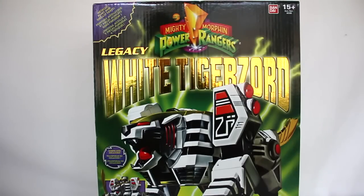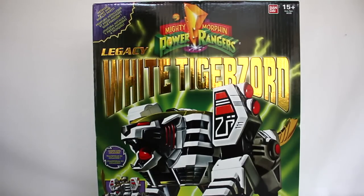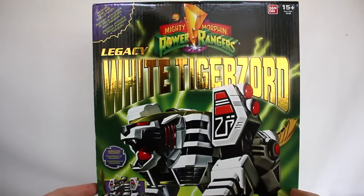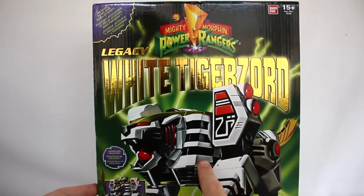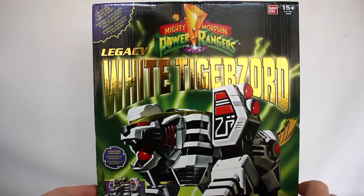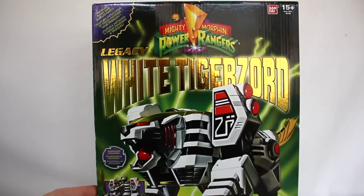Welcome to another Mighty Morphin Power Rangers review. This time we're looking at the Legacy White TIGERZORD. I kind of held off on getting this guy because I was uncertain about the future of the Legacy line, because it was weird that they released this guy first from Season 2. Because from Season 1 they released a Legacy Megazord first, then Dragonzord, then Titanus. And it was weird for them to release the 6th Ranger Zord first, but